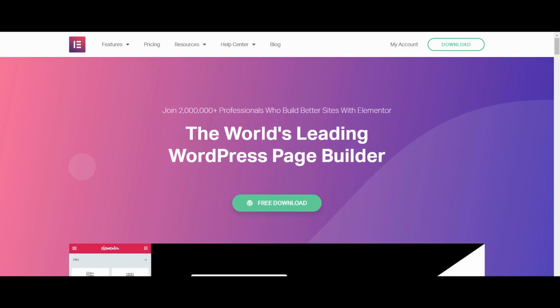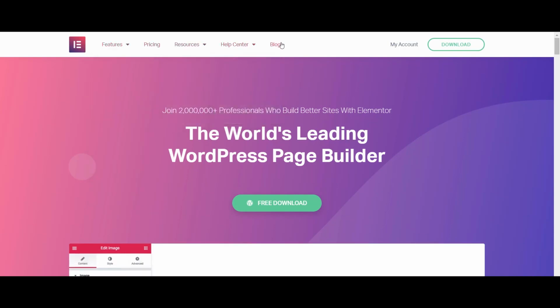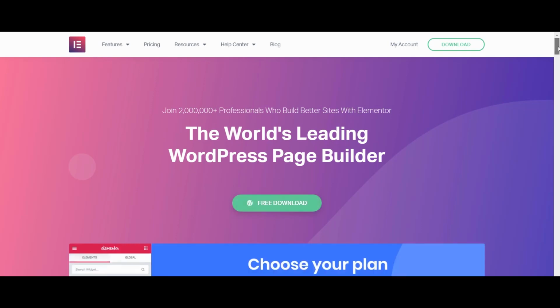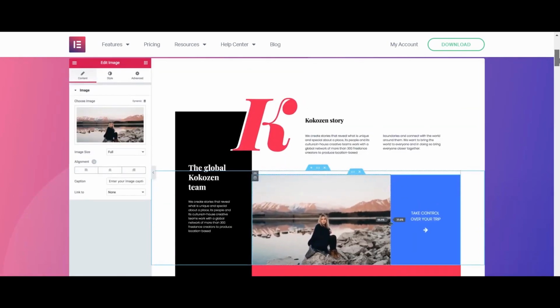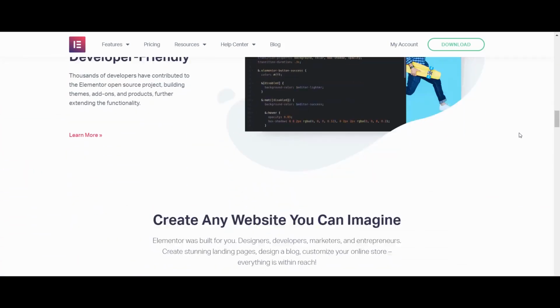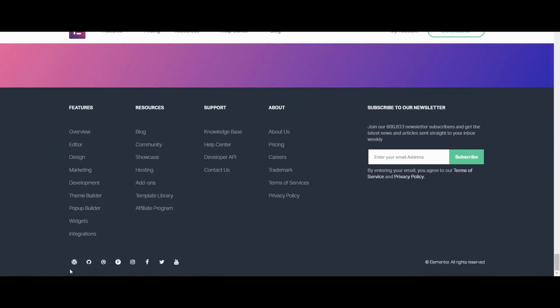You can see the logo, navigation bar with multiple options, headline, call to action, content and images, and it seems that aesthetically this website is looking very good. And here you can see the social profile as well of the website.